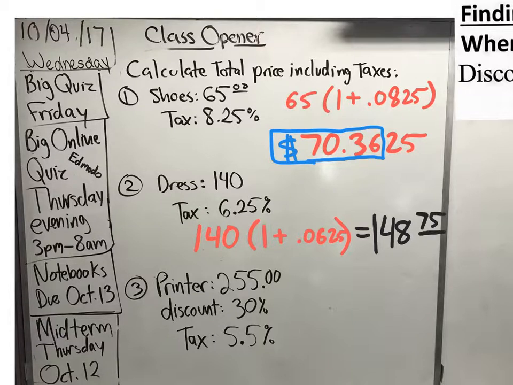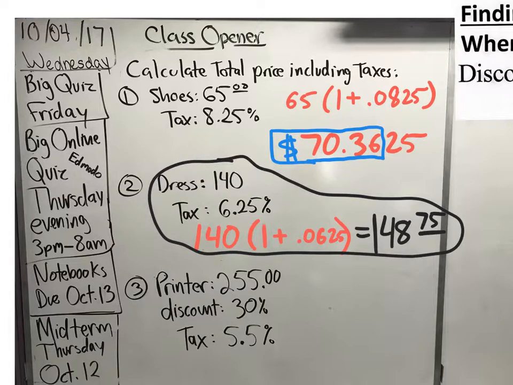$148.75. So that's your dress, including the taxes, $148.75. So you don't have to cross multiply, guys, when you know these notes that we just copied down. Now let's take a look at this last one,